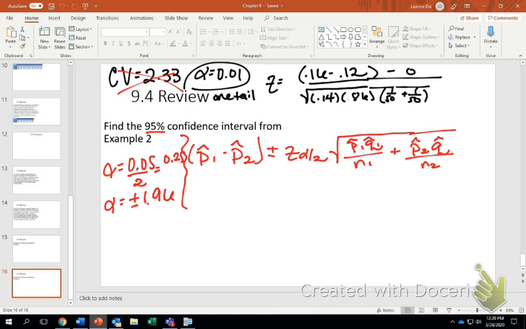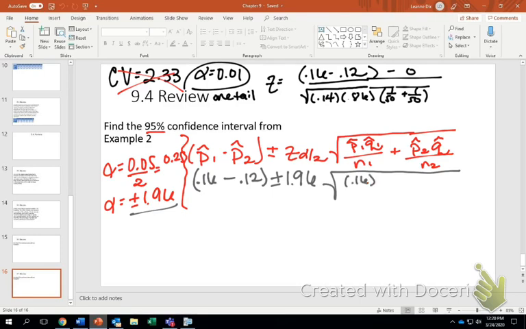I have my p hat sub 1, that's 0.16, minus my p hat sub 2, which is 0.12. Remember, I got that from this piece right here, plus or minus 1.96. Again, we had to find that new critical value because of our alpha changing values. And sometimes it happens, so please don't think that, if it does happen, you've done something wrong. That's not the case. Times the square root of,